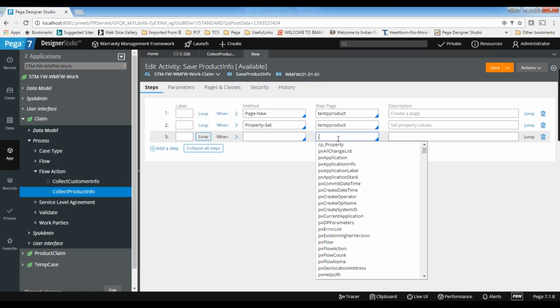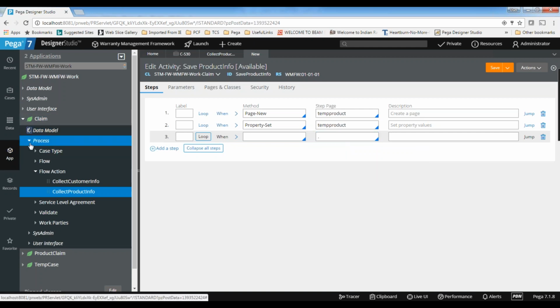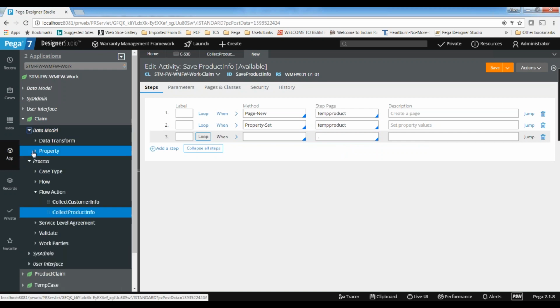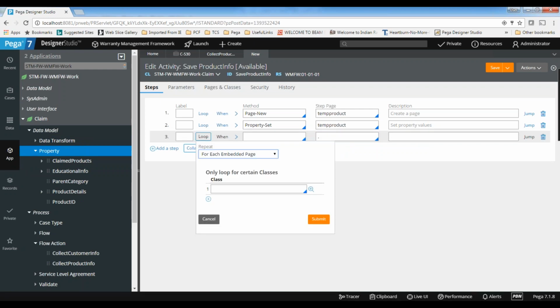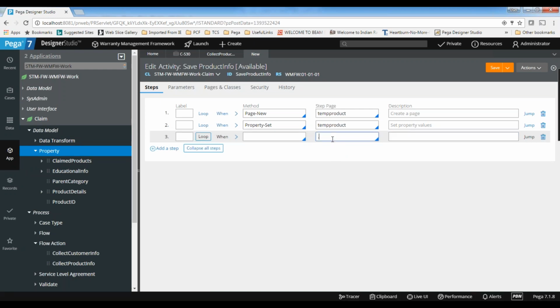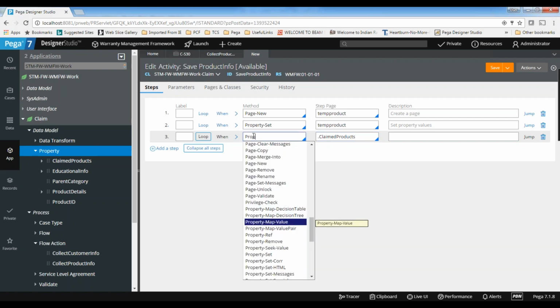What is the page list name? Claimed products. And then while looping I need to do Property-Set.